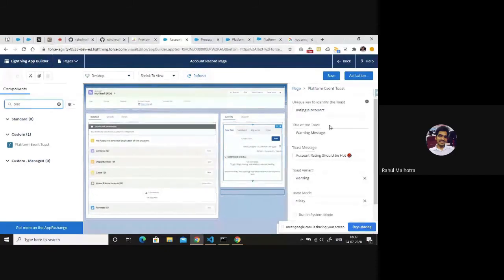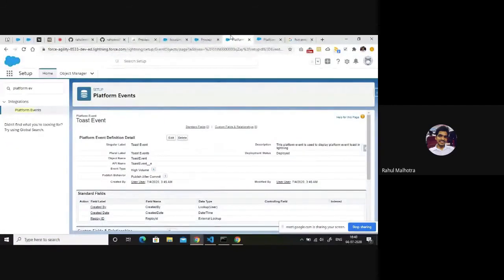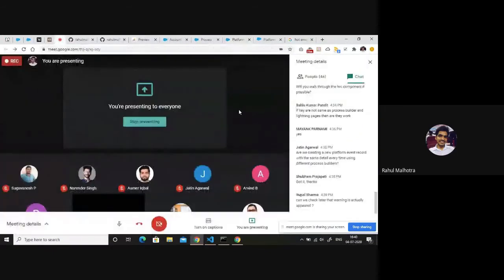What is the identification mark using which the component can find out that it needs to show this particular message to the user, right? There should be an identification mark, right? Whether it has to show the warning message that you have set up here or not. So in that case, the unique key will actually be very useful to find out whether it has to show the message or not. And also the unique key will be used whenever you are going through some debugging and you are finding which process builder I used to show this particular message. In that case, also the unique key will be very useful to you. So that's why we have set up this unique key as a mandatory key.